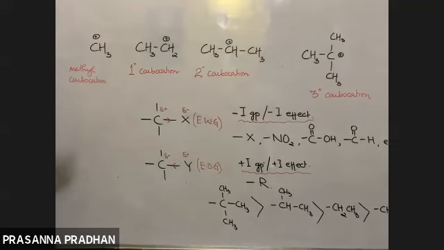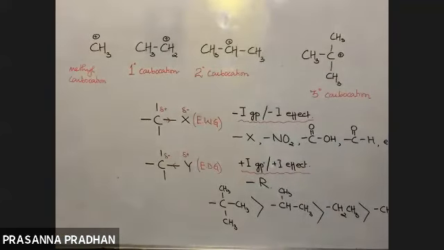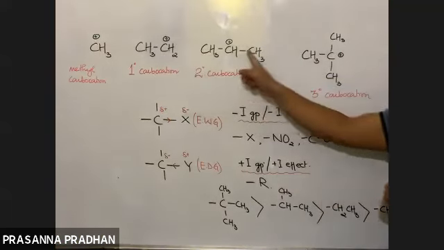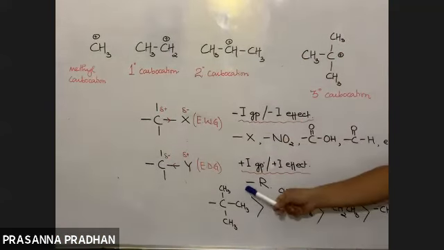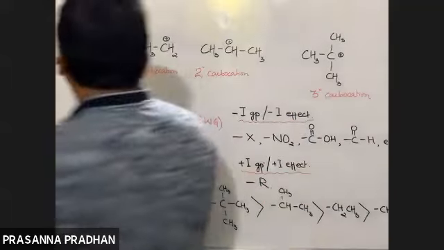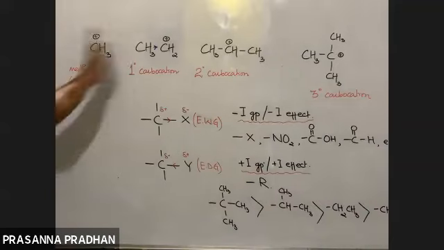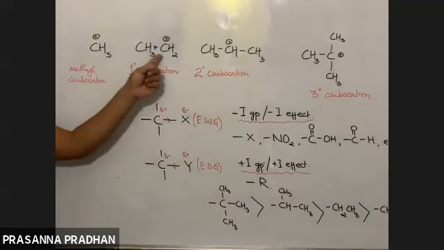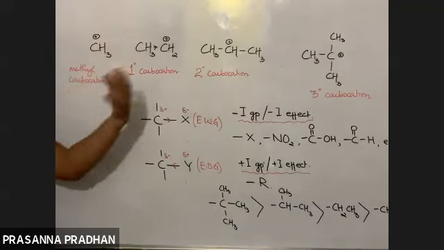Okay, so yes, we have an electron deficient carbocation. Now listen very clearly. What type of groups are these alkyl groups? An alkyl group is attached. There are 2 alkyl groups, there are 3 alkyl groups. Are they electron donating or electron withdrawing groups? They are electron donating groups. That means these alkyl groups will now push electron towards this carbon. And as they donate electron towards this carbon, what will happen to the positive charge? Will it increase or will it decrease?